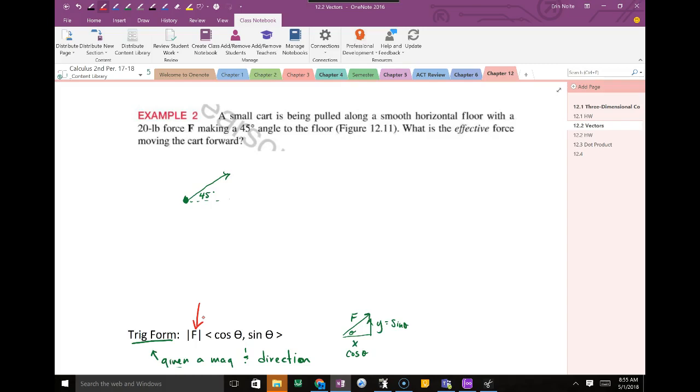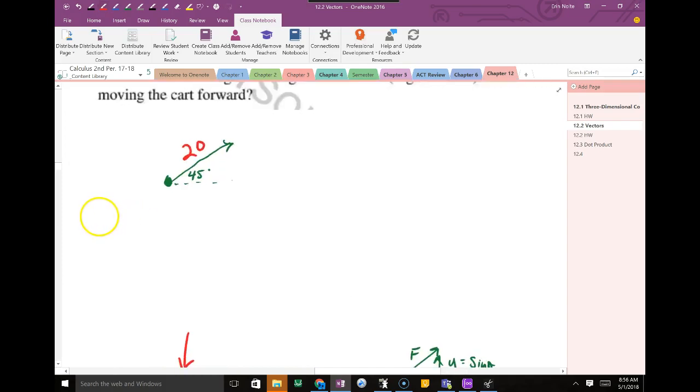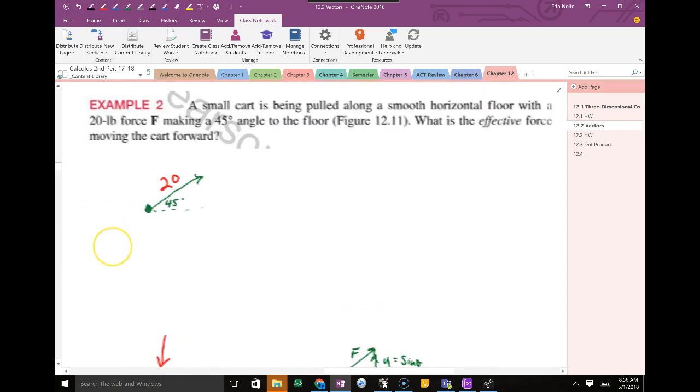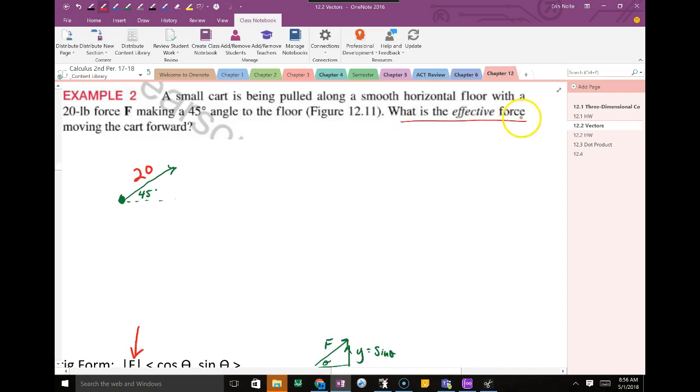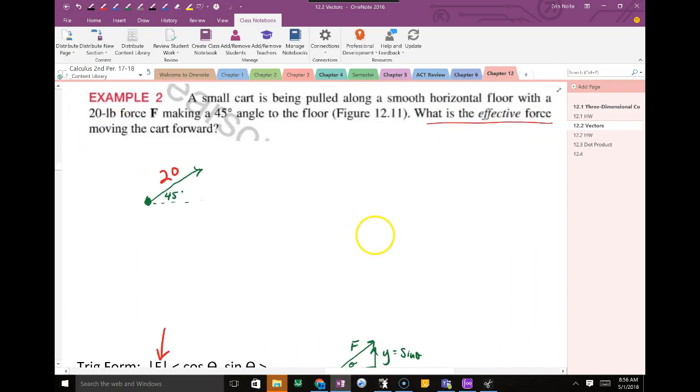So what is my magnitude of this vector? F, which is force. In this example, 20. So it has a magnitude of 20. Now this says, what is the effective force of 20 moving the